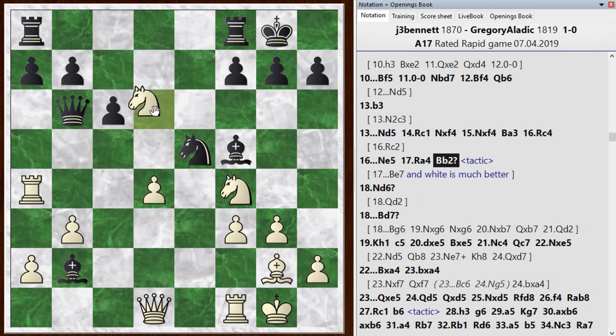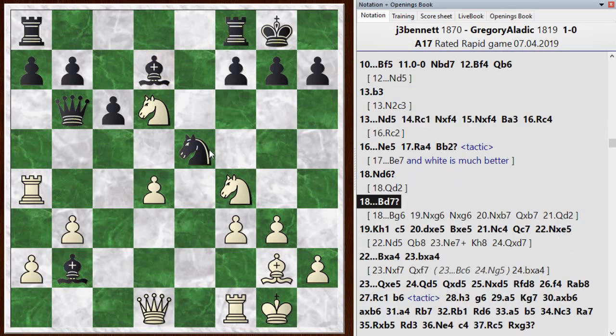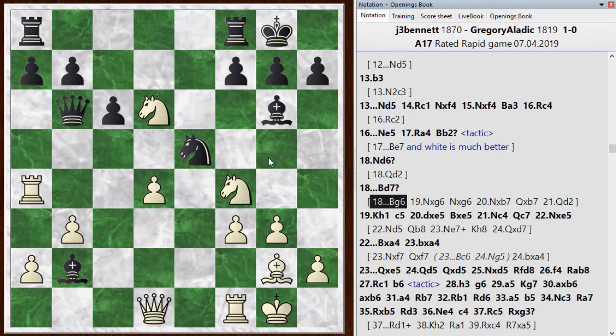So knight d6, not a bad move, but I'm just missing this tactic. And then, let's see, he went bishop to d7, retreating his bishop away from my knight. He actually did not need to do that. Or, well, he could have retreated in this direction and kept control of some squares in my camp,